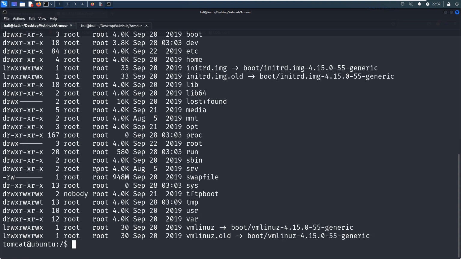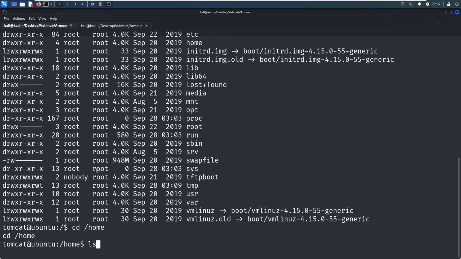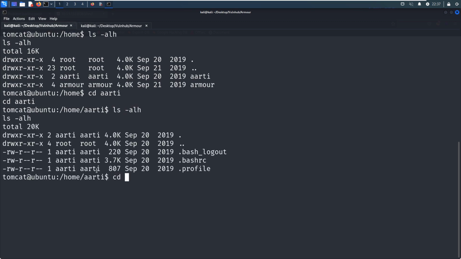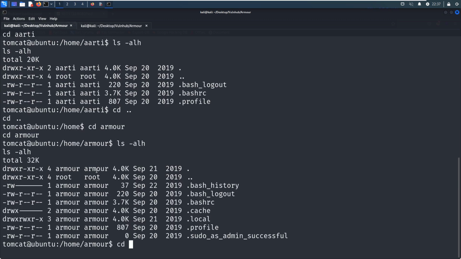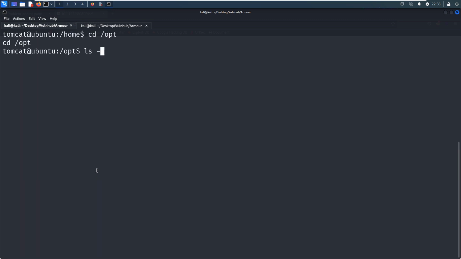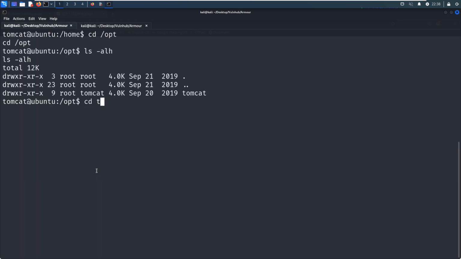So next we can go to the home. Nothing there. Go to armor, nothing there. Go to opt, Tomcat.